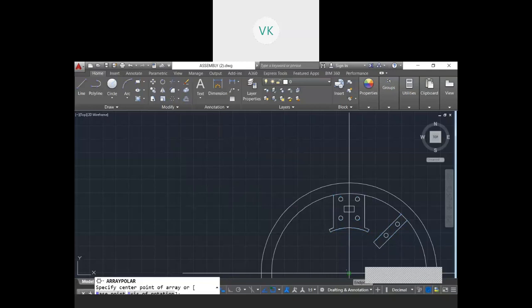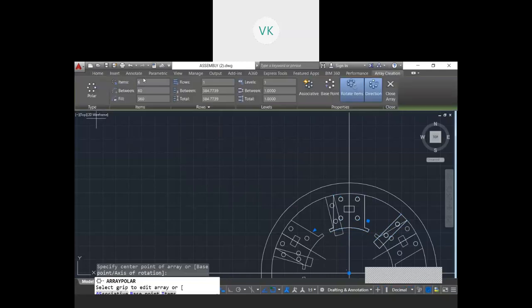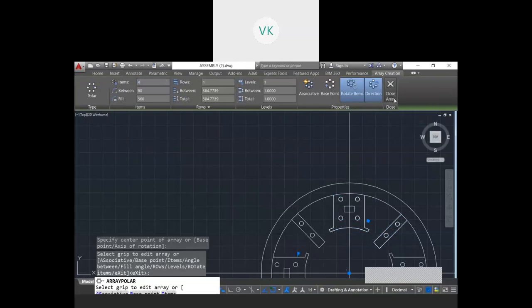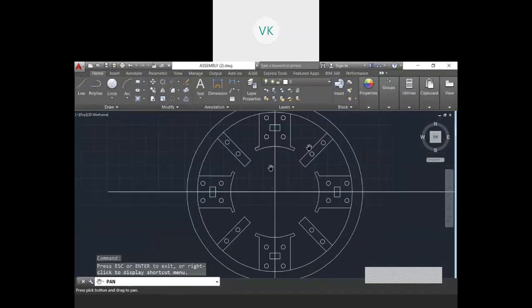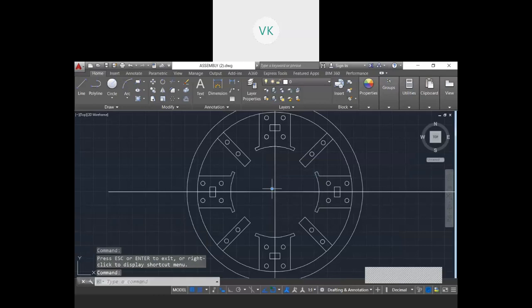Select center point, click on center. So how many poles are required? Go for 4. As per the problem it is a 4. Then I will close. So this forms my 4 pole.